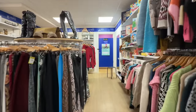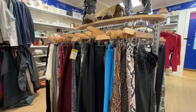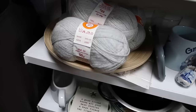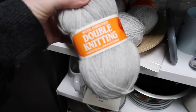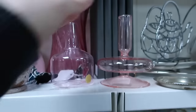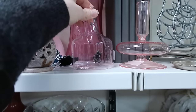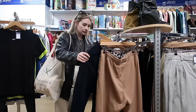So I did spend some time in this shop kind of having a proper old dig because it was so organised. I found it really nice and easy to search for what I was looking for. I also spotted in the background there that they had some yarn. I love finding yarn in a charity shop. I also do love checking out the homeware section. In this store they had these really nice pink glass candle holders which were really pretty,